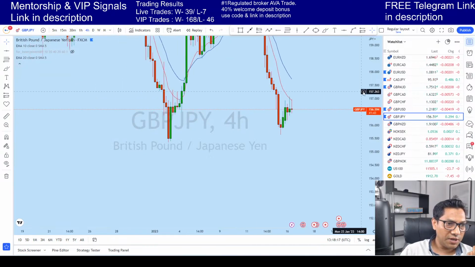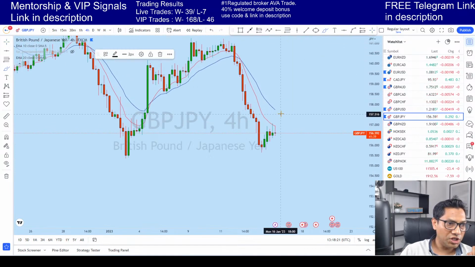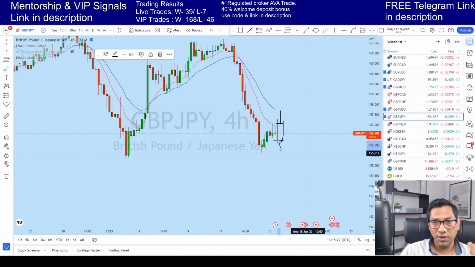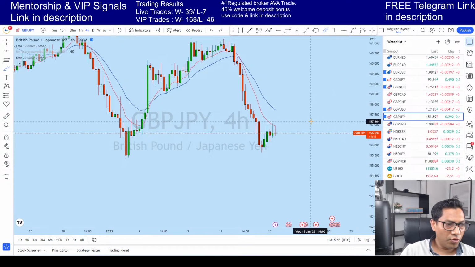Now for GBP JPY, if I see a very strong rejection from here, let's say a false breakout candle, or a very strong bearish price action, then I will personally be selling this one, because after this kind of drop correction we can expect another drop on this market. If it doesn't drop, then we might see a very narrow sideways movement. Well, hopefully you understood, guys.